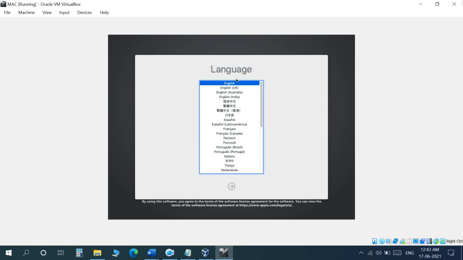Now here you have to select your language. I will select English. Then we continue.